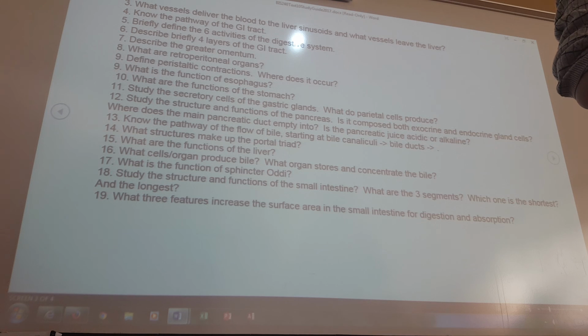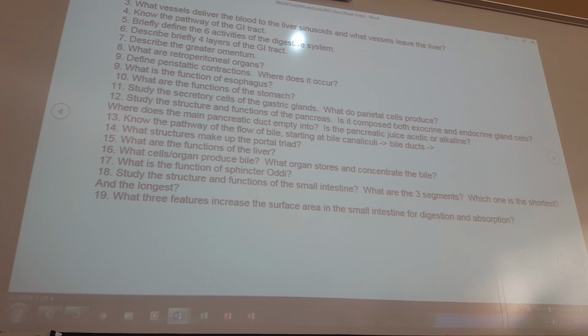Good. So let me take half of the class to the cadaver room and show you. And that one also shows you really well. You can enhance your knowledge about the mesentery and the mesocolon and the pancreas, stomach, and the spleen all there. So I'm taking half of the class there, and the other half of the class